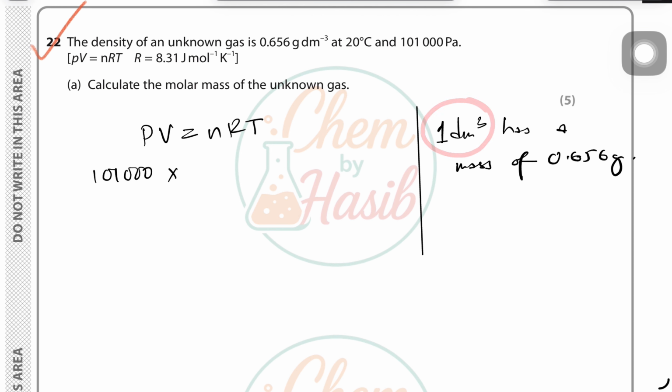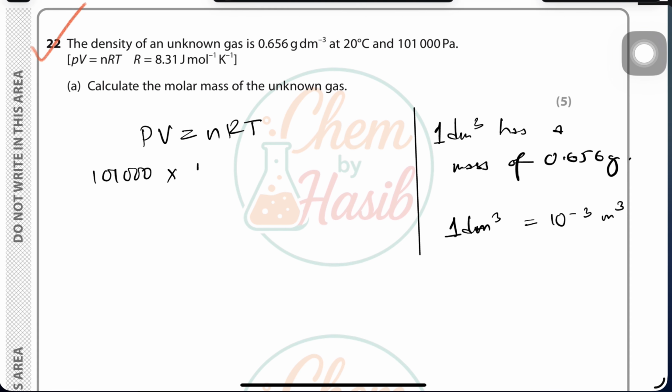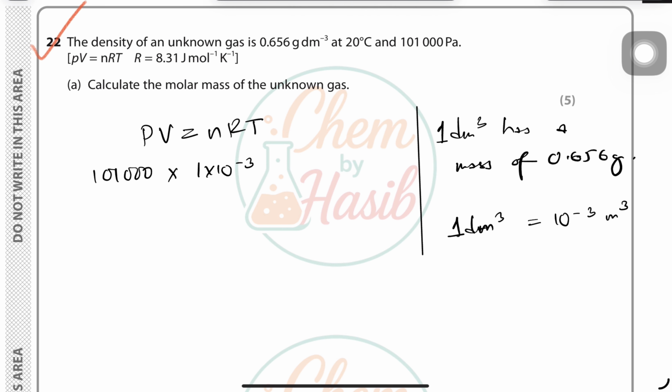So what we do is we put this volume here in PV equals nRT. Now this volume is in cubic decimeters. You have to convert this cubic decimeter into cubic meters. So 1 cubic decimeter will be equal to 10 to the power minus 3 cubic meters. So here the volume would be 1 multiplied by 10 to the power minus 3. This has the unit in pascals. Volume has the unit in cubic meters. This would be equal to